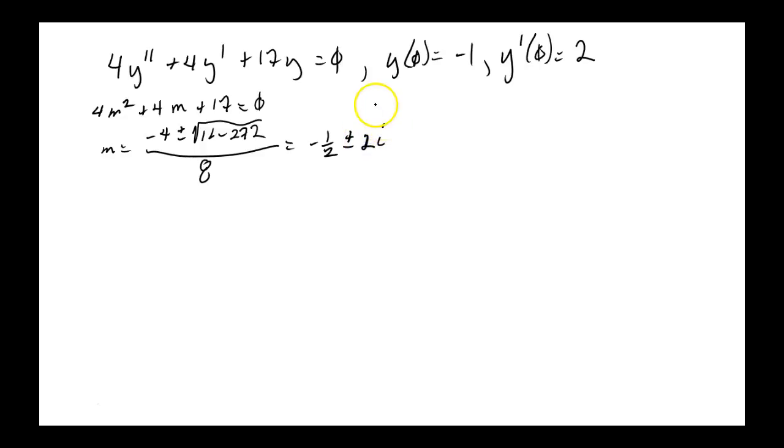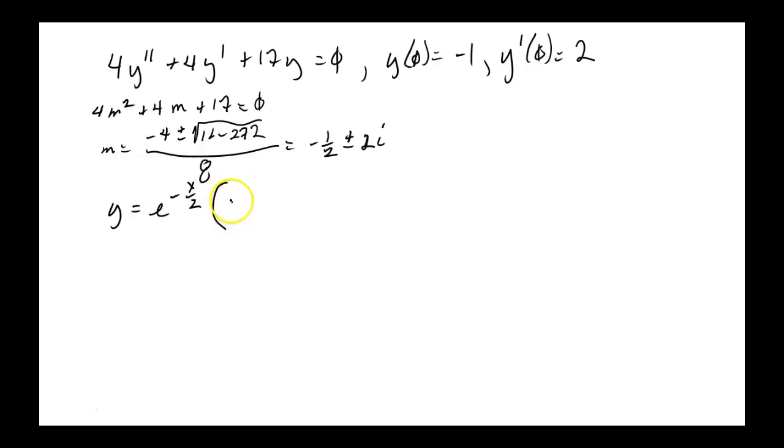Maybe it's the 1/2 then, minus 4 over 8. Oh, okay, you broke it up, because you're going to need those separately. The alpha and the beta need to be separate. So negative 1/2 is your alpha. So the y is equal to e to the minus x over 2